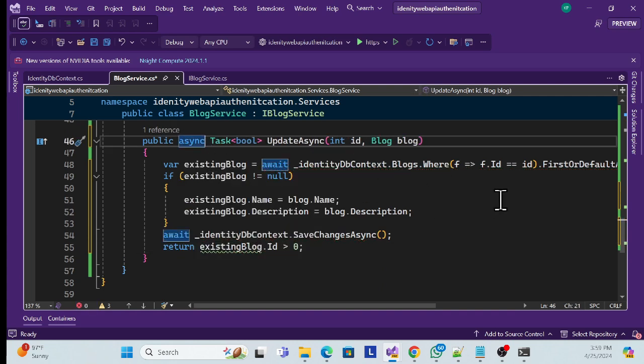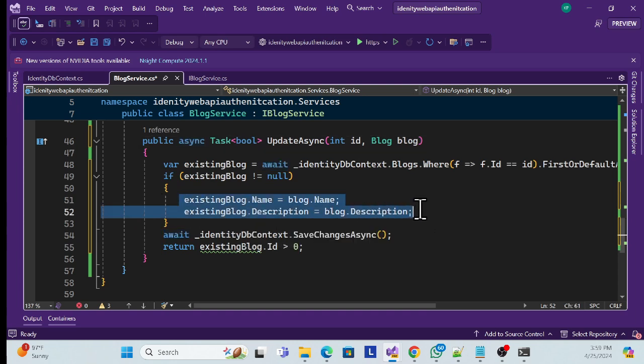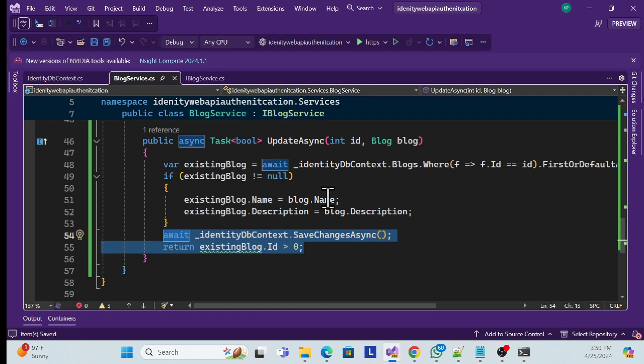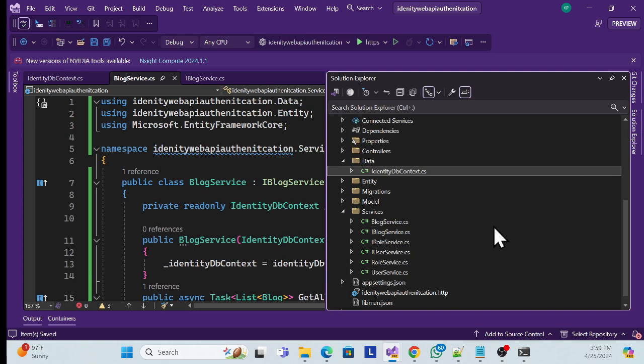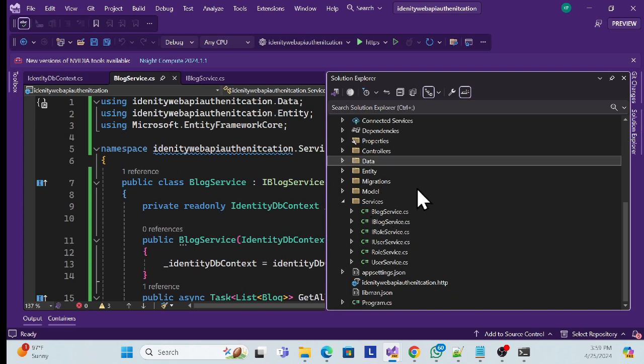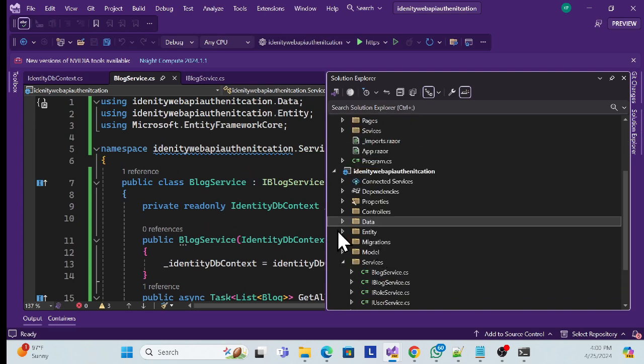First we have to check whether this id exists or not, because if it exists, then we have to try to update whatever our entity is, and then save changes and return the data. So now our service has been implemented, right? So what I can do now, second step, once the service is implemented, is go to our controller in our API project,